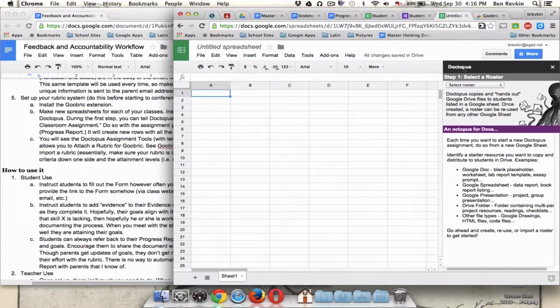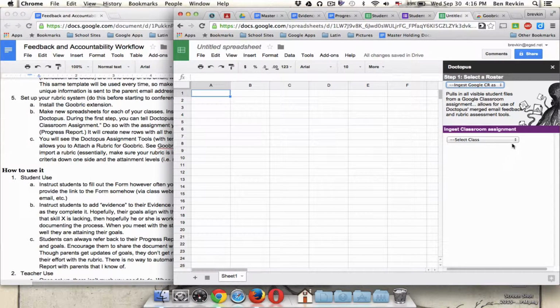So here I have Doctopus on the side. Selecting a roster, I'm going to ingest Google Classroom assignment. I click on that, and it will ask me to find the assignment that I created. So let's see, I did it in my test class. Click on that. Oh, I didn't actually submit the assignments in the very beginning, so you don't see here, but I think you get the idea. You'll see the assignment. You want to click on the progress report assignment, not the evidence of effort assignment. Okay, and then you're just going to hit ingest. And once you do that,